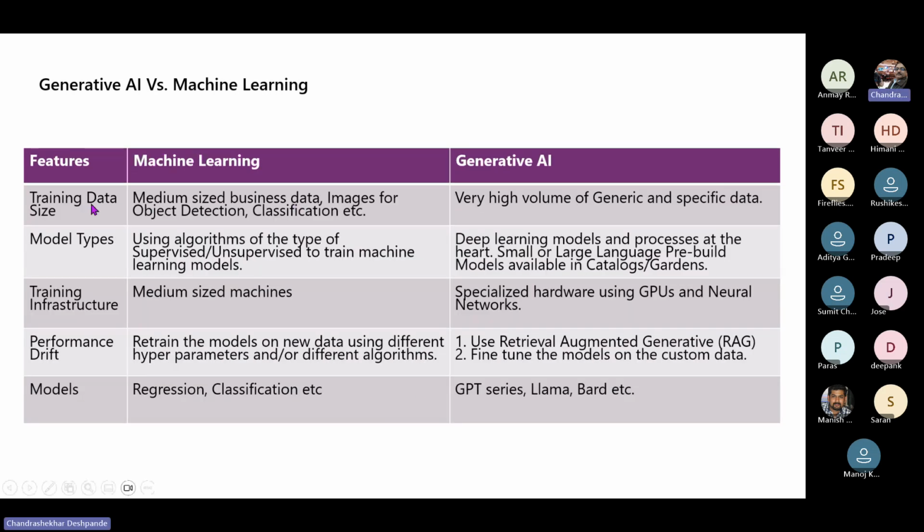Next slide, the training data size. Here you will see some technical differences. Medium-sized business data is enough for machine learning, it doesn't need a very large data size. But for generative AI, a very high volume of generic and specific data is needed. When generative AI is trained on more and more data, you will see its performance increases by leaps and bounds. Generative AI's training phase is very strenuous and extensive. Its training phase takes a longer time as well as